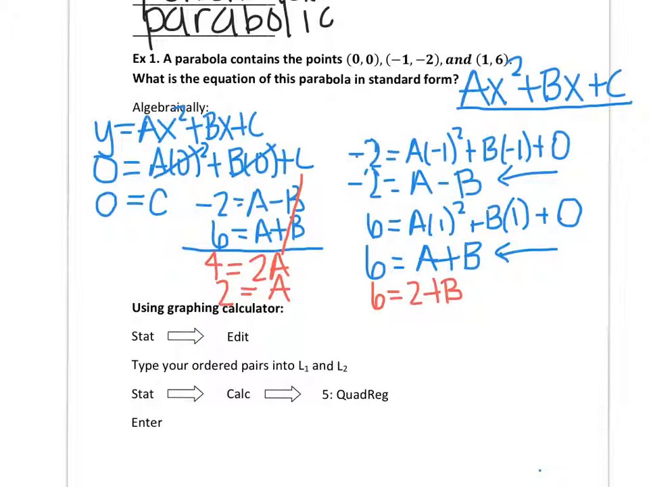So if I solve that equation, I'm going to move my 2 over, and that gives me 4 for b. Okay, so we can find the equation for a parabola using our systems knowledge. So my final answer is going to be, I'm going to take my a value, my b value, my c value, and I'm now going to plug them in, and